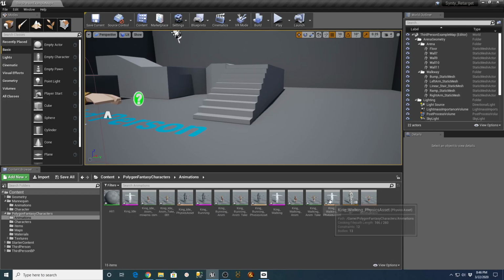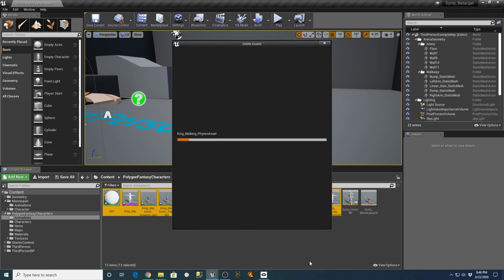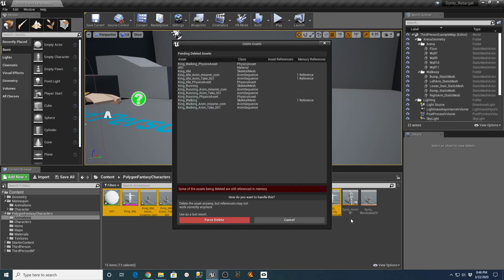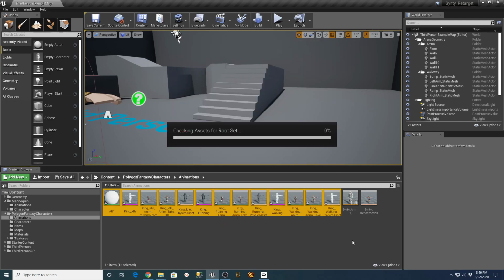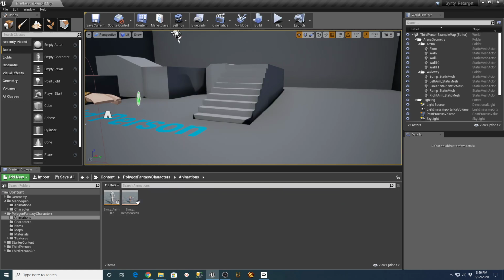So here's the two things that we did have. These are brand new with all the asterisks on them. I'm going to actually delete those. Sorry about that. We're going to do that again, because we only want to import the animation itself, not all the other stuff that came along with it.